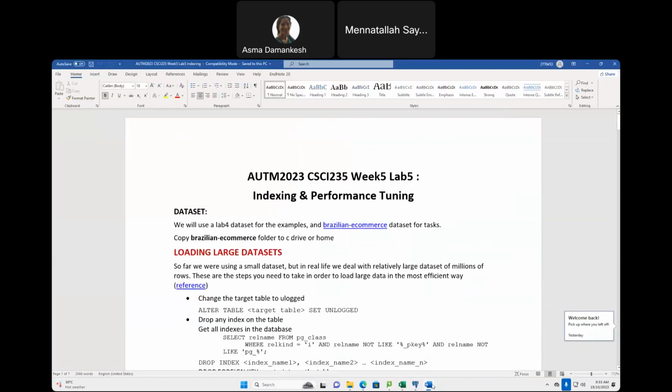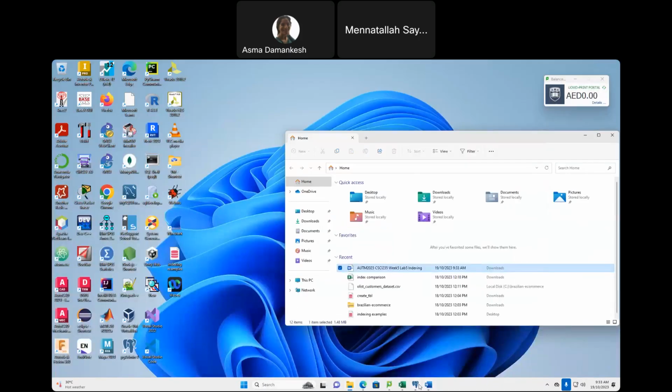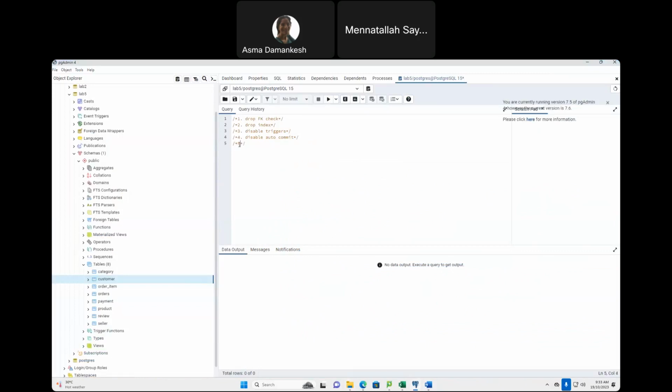Logging, disable logging, okay? And then 5, disable logging. Okay, how do we do this one by one? So this happens before you do the insert, okay? The create table statement I'm not running because it's a file, you just run it, okay? So here we say